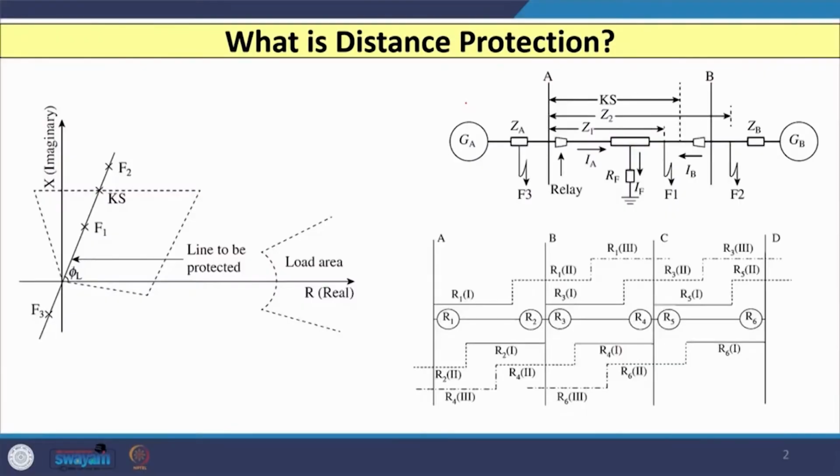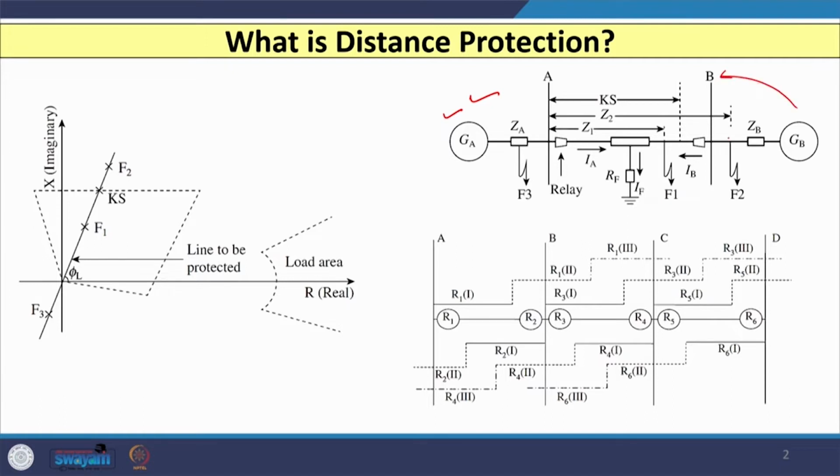Hello friends, in this lecture we will discuss the digital distance relaying scheme used for the protection of transmission line. So let us first see what distance protection is. To understand the concept of distance protection, let us consider the single line diagram shown here, in which one generator at substation A is connected and another generator at substation B is connected, and between A and